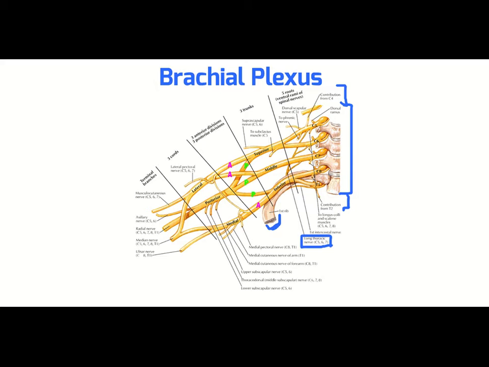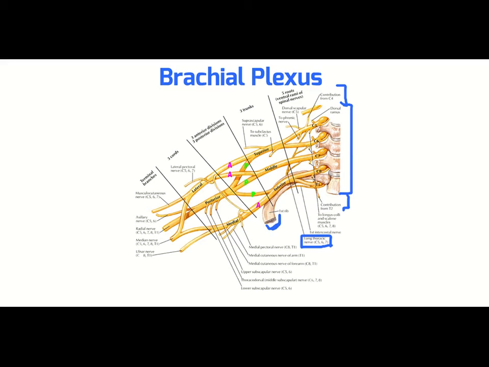Our lateral cord goes into the lateral pectoral nerve, and then we have this blend between the lateral and the medial, and then kind of branching off onto the medial into the medial pectoral nerve. Also off of medial, we have our medial cutaneous nerve of the arm and of the forearm. And then looking at the posterior, we have our upper subscapular nerve, our thoracodorsal middle subscapular nerve, and then our